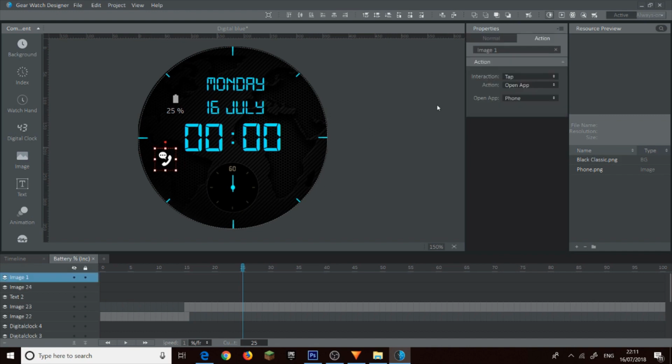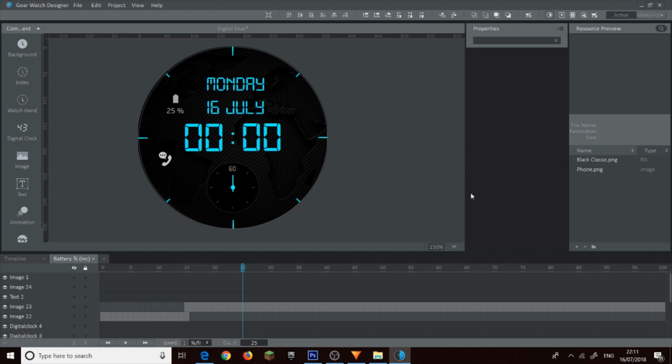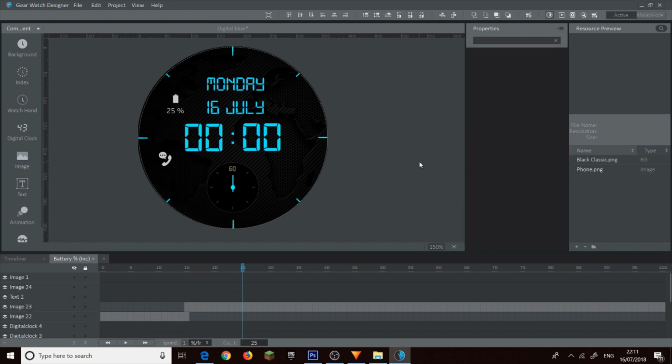It's a little bit bright. I'm going to take the opacity down just to dull it a little. Better. I'm going to leave these white, I think they'll look nice. This, I'm going to change the battery. I'm going to make it just a slight bit brighter. There. Okay, next,